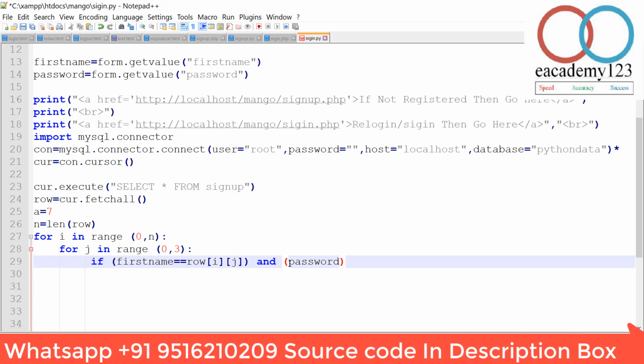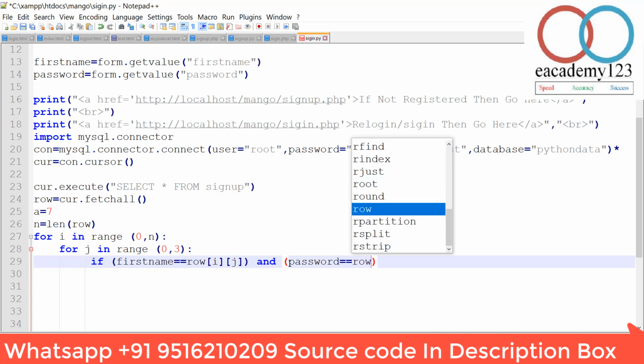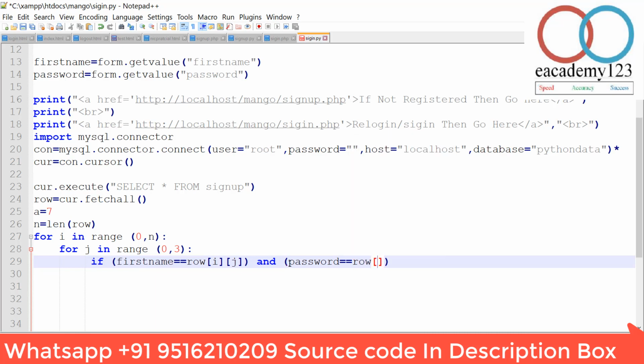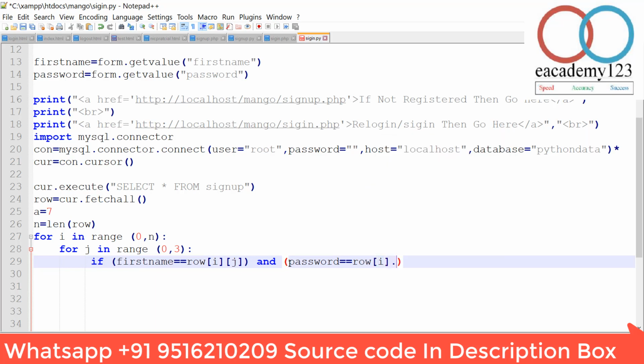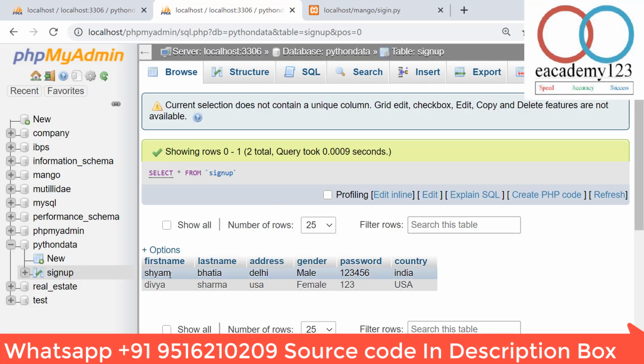Now password is also equal to, how to check the row, that is the main thing, and row is nothing but the ith, it does mean. Now j is most important. Why am I taking j plus 4? Let's come here, friends: this is the 0th column, this is the first column, second column, third column and fourth column.